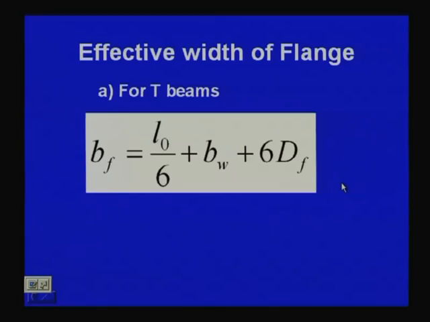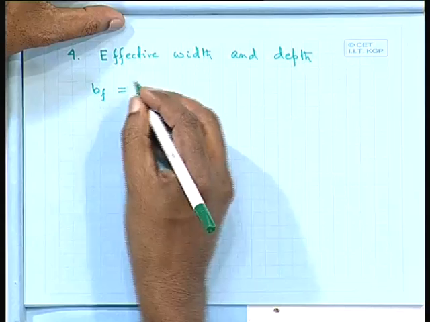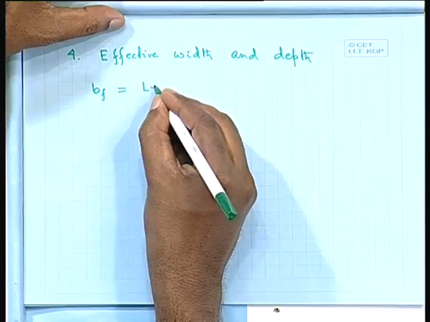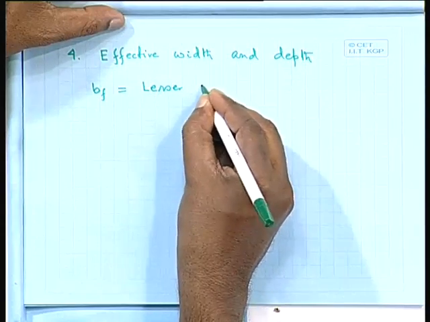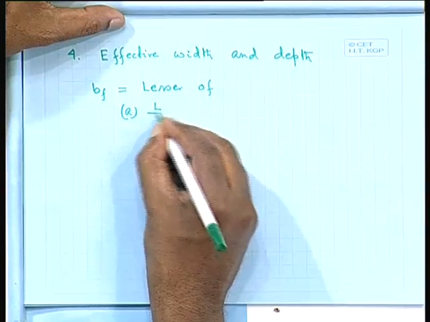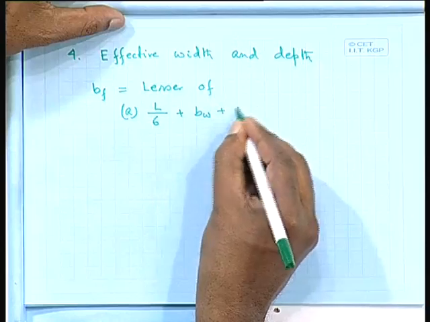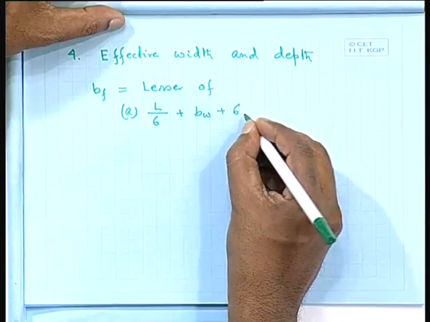So, what is Bf? Bf equals the lesser of Le by 6 plus Bw plus 6 Df,